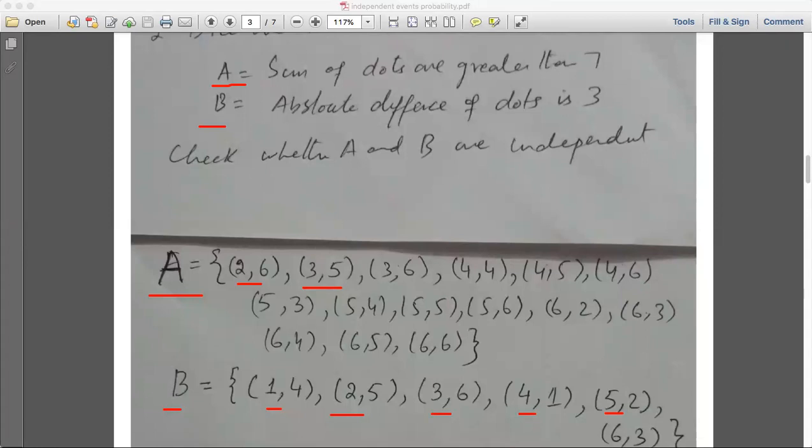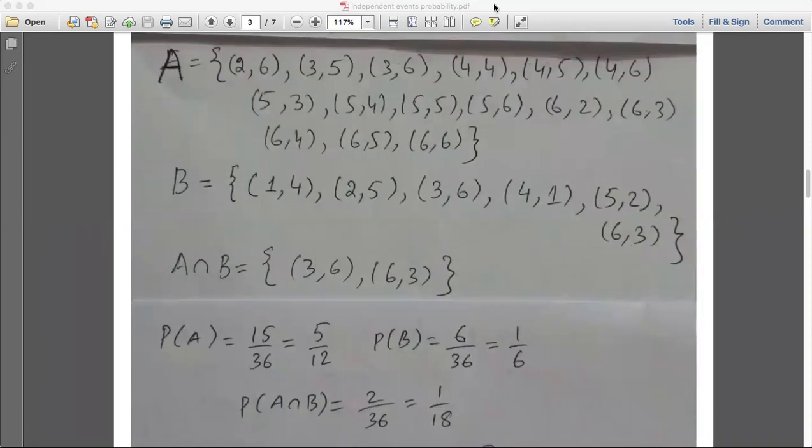Now what we need next? We need to find the intersection, because you know in the formula to check two events are independent, on the left hand side the probability is the intersection of two events A and B. Okay, तो अभी हम यहाँ पे क्या find out करेंगे? The intersection of two events, और वो दोनों events कौन से हैं हमारे पास? In set A we have all the elements, in set B we have all the elements. Now we need the intersection of A and B. So A intersection B means we will take the common elements in event A and in event B. जब हम इसका intersection लेंगे तो check करें कौन कौन से element इसमें से जो common है.